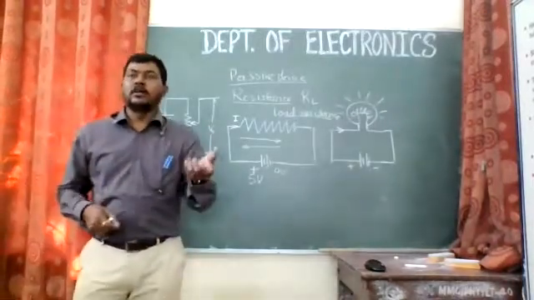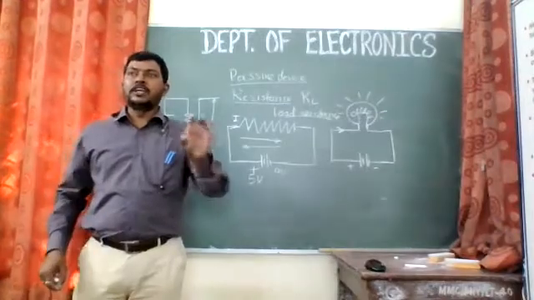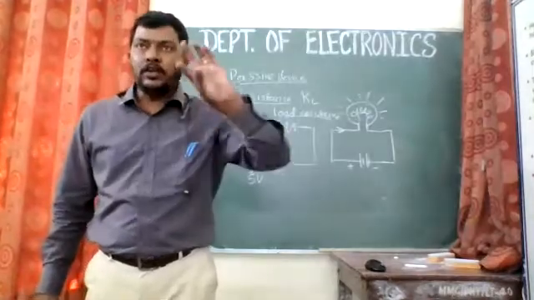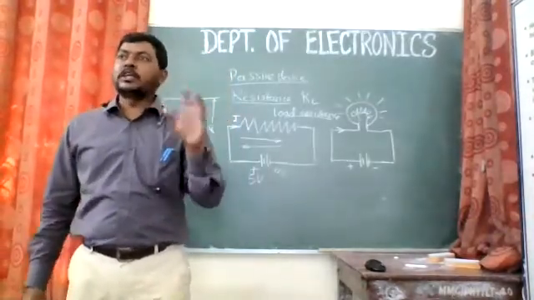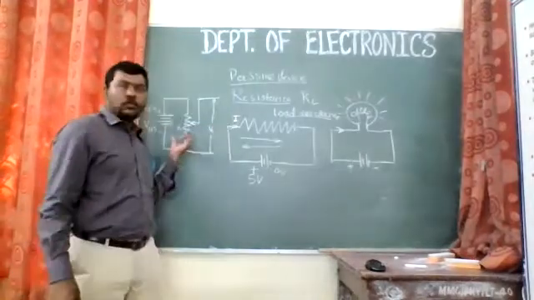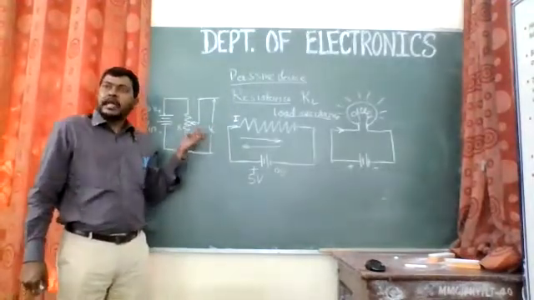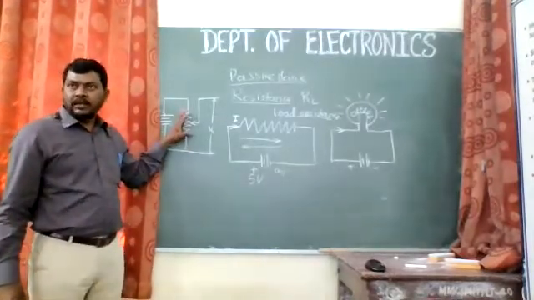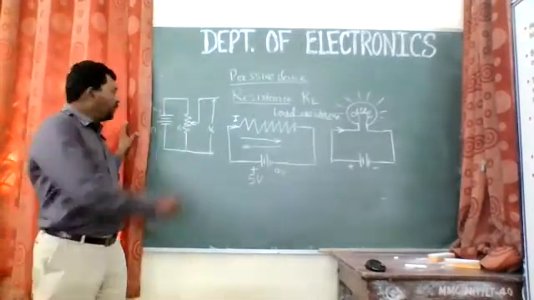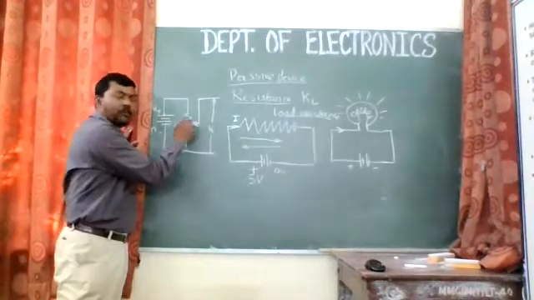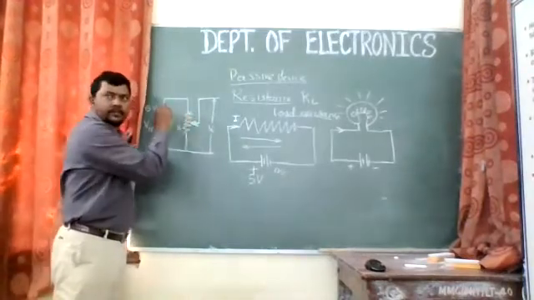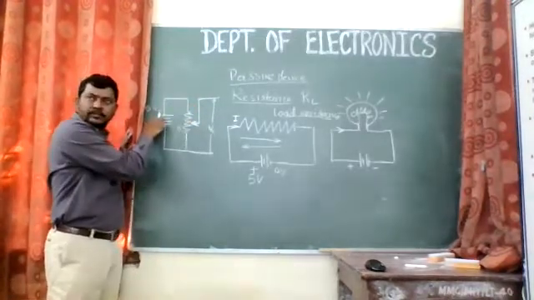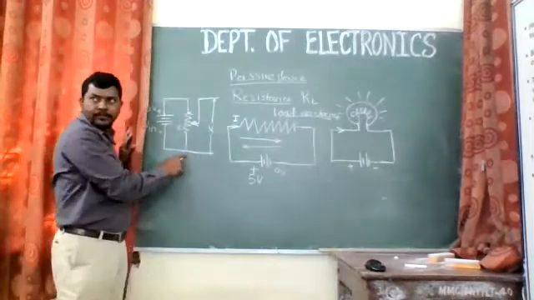You might have used a pot to increase or decrease the volume of your DJ or, in that case, TV, right? You have used that round pot to increase or decrease the volume. And the same pot I am using over here. What it does is it actually divides this voltage into two parts, right? If it is 5 volts, and if this center tapping, or the wiper in that case, is at the top, then the voltage will be 5 volts because it is directly connected to this with respect to ground, right?